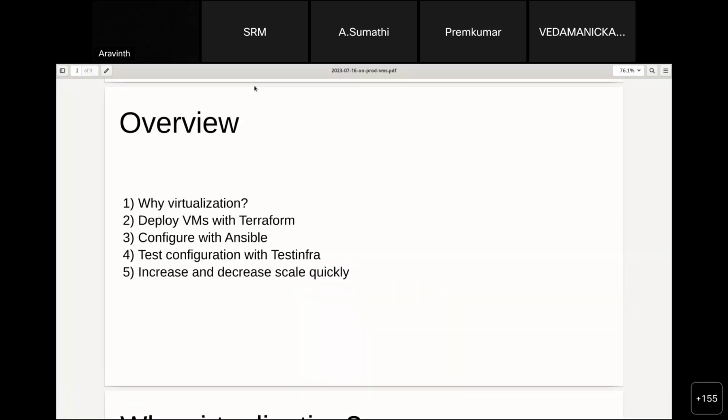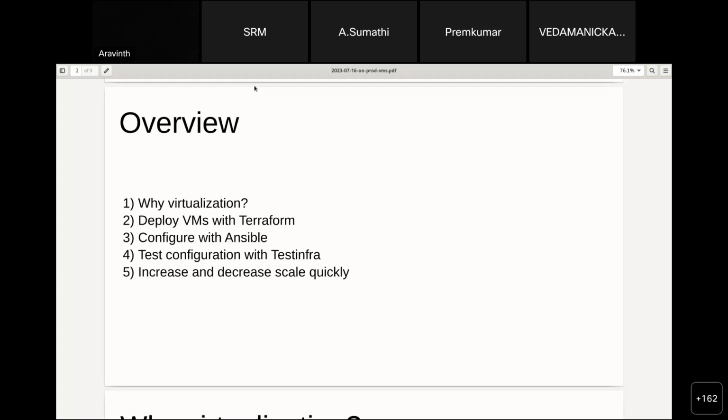This is the overview of today's presentation. We will first look at why we virtualize applications when we try to deploy them in production. Virtualization, I'm sure many of you are already familiar with, using programs like VMware and VirtualBox, but we do it completely differently in production, because if you've used VirtualBox or VMware, you might have had to click on multiple buttons. And even if it's a VM that you've deployed dozens of times, it is very possible to end up with issues because we might have forgotten to click on some button or some configuration parameter, which cannot happen in production.